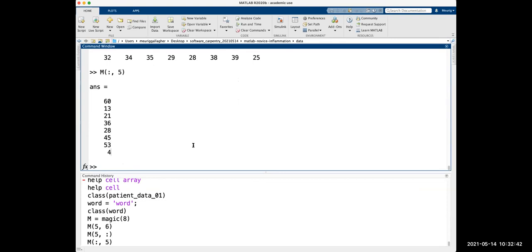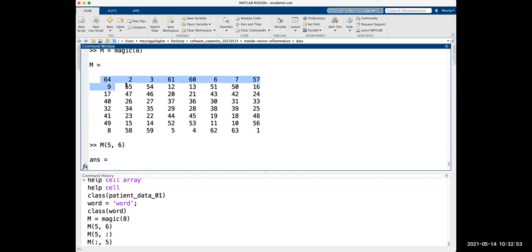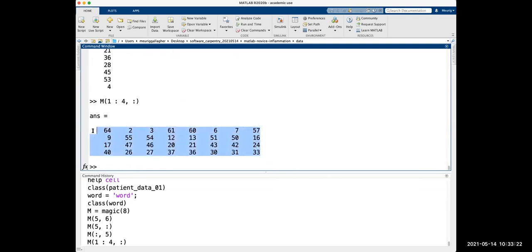And we can also do this to select multiple rows. So instead of just choosing the fifth row, maybe we want the top of the matrix. So if we go back to our matrix M, maybe we want to access everything in the first 4 rows. So we can say M, remember we index rows first. So we want the first row, the second row, the third row, the fourth row. So we can say 1 to 4. So the colon says go from 1 to 4 in increments of 1. And then we want every single column, because we want that whole batch. So we can use the colon command to say every single column. We hit enter, and that gives us the top of our matrix.